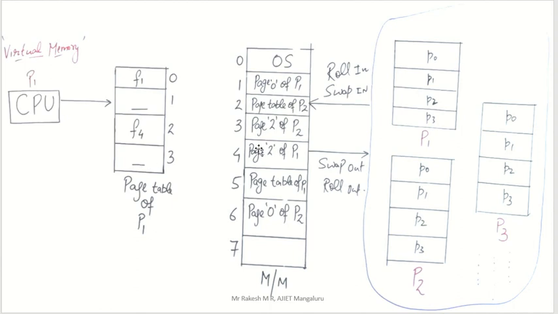So the OS will take that particular page of the process into your main memory by using a page replacement algorithm. Swap in and swap out we are doing. Take any one of the frames, make it blank, add that particular page inside your main memory